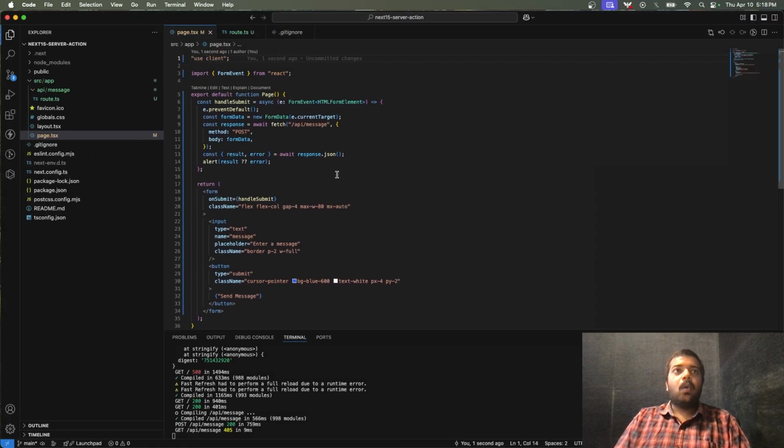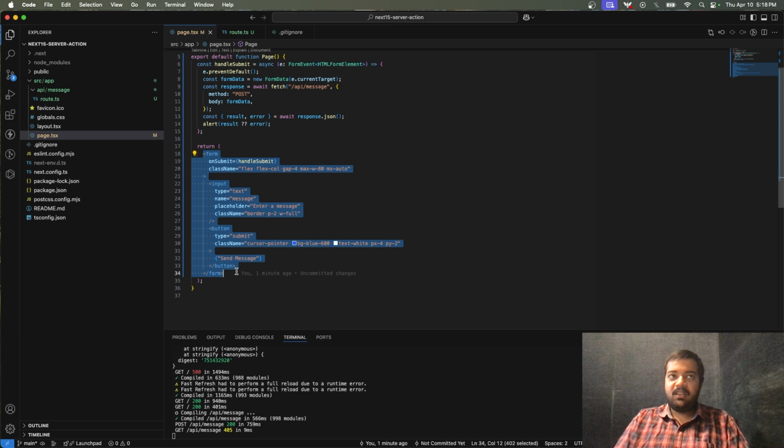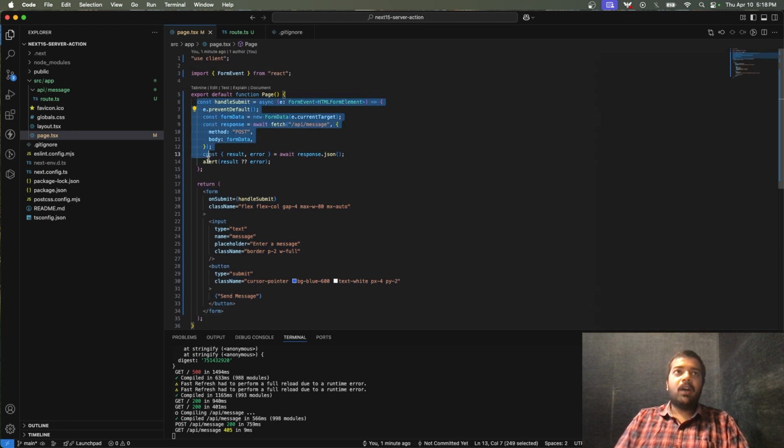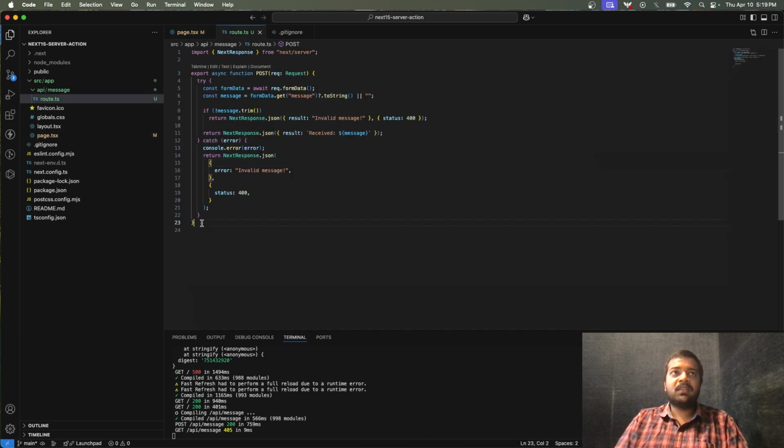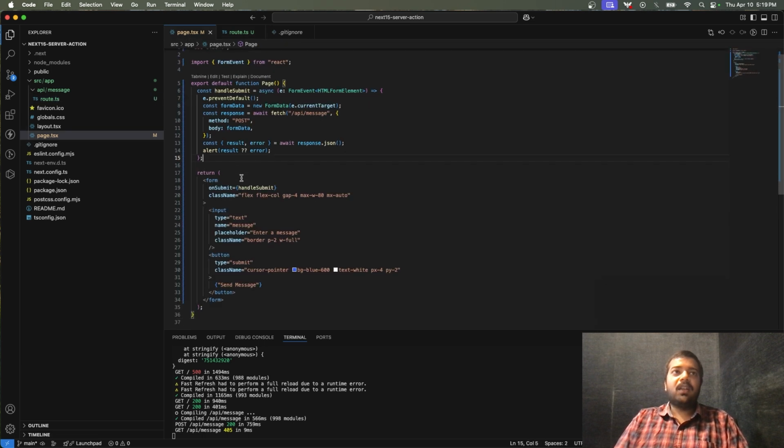But if you go back to the code and see, we have written the UI, which is fine. This is required. We have written a function that actually sends the form data to this particular API, receives the response, and then alerts it. Don't you think that creating this route and creating this particular function is a bit tedious? Don't you think it's better if we can not create this particular function and not create such a long API route? So the solution for this is